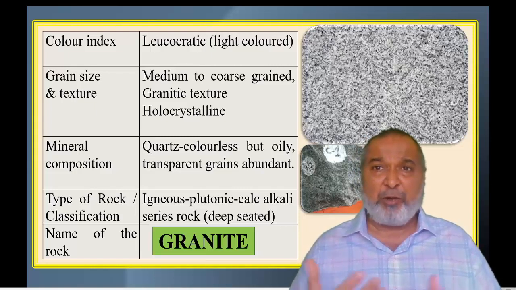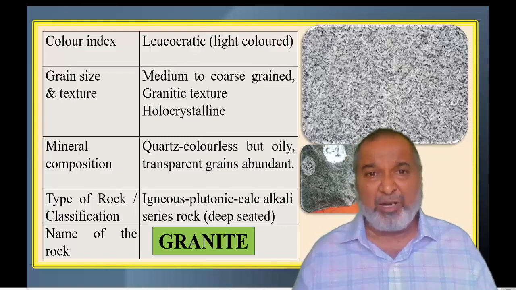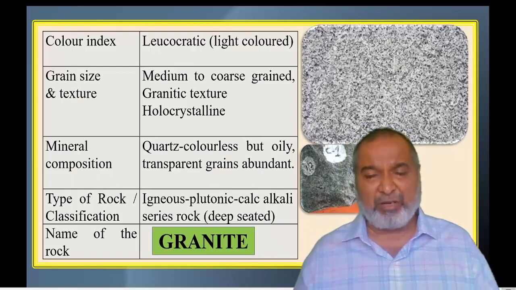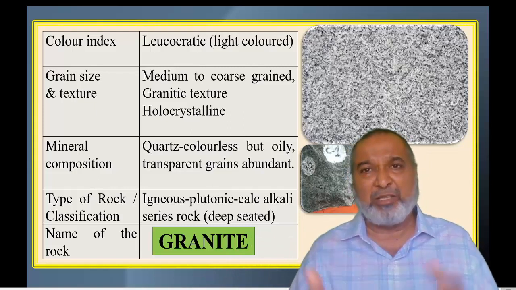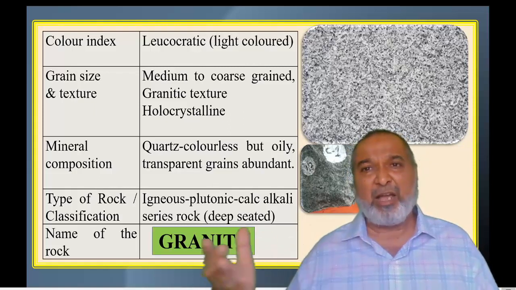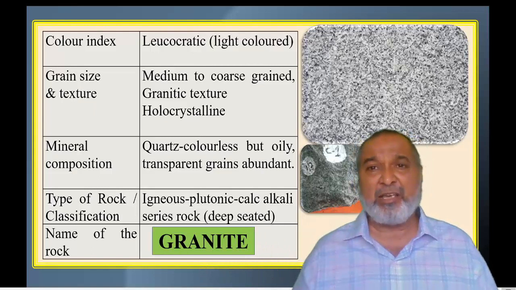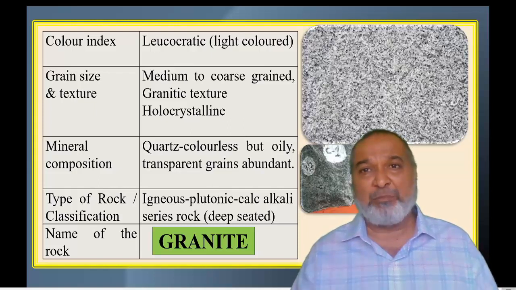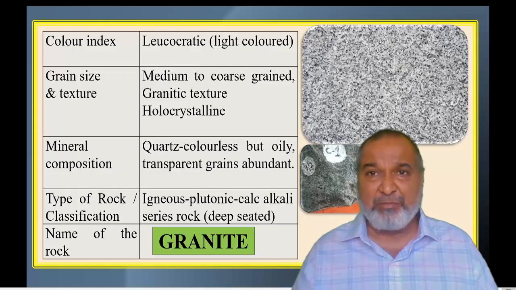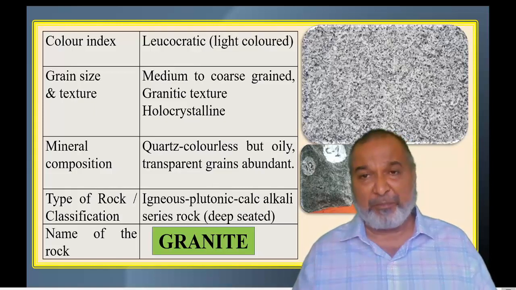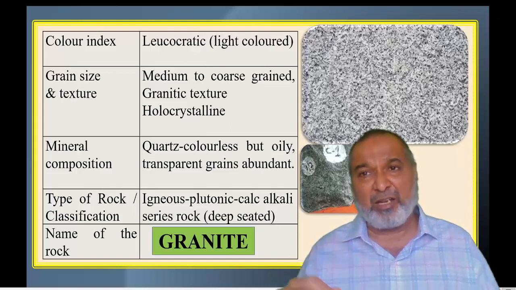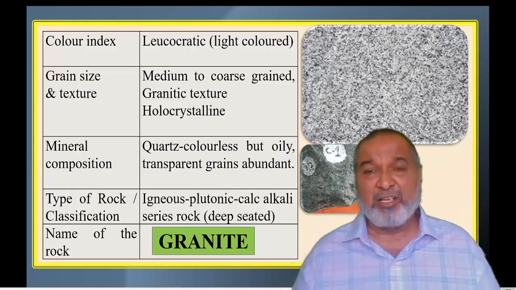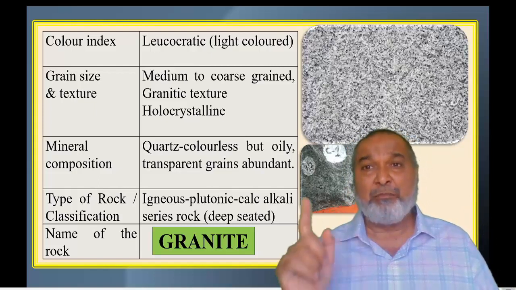The first one, depending upon the color of the rock. Depending upon the color of the rock, we can have three basic types. There will be four, but normally in FY we're going to make out the three: the light color, medium color, and dark color. Whatever the light color is, we call it leucocratic. Leuco means light, cratic means color. Leucocratic means light color rock. Then the medium color is called mesocratic. Meso means intermediate. Mesocratic color. And when it is dark, it is called melanocratic. Melano means dark color.